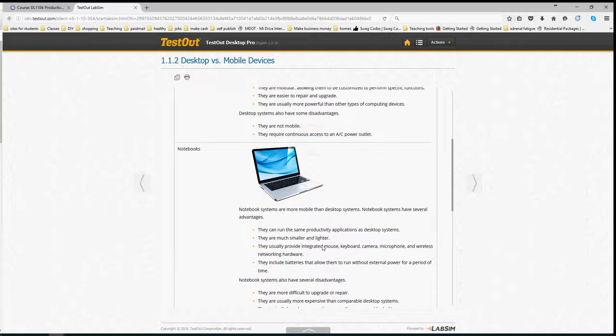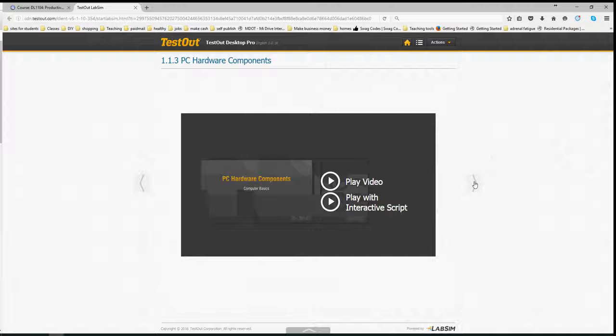Now if you want to advance in that, you can click this arrow button, and the arrow button on the right will take you to the next step. My mouse is a little jumpy right now for some reason, probably because it's wireless. But if you click on that, it will take you to the next spot. So the next one goes to 1.1.3, and you want to play that video, you can just click on play video, or you can click on